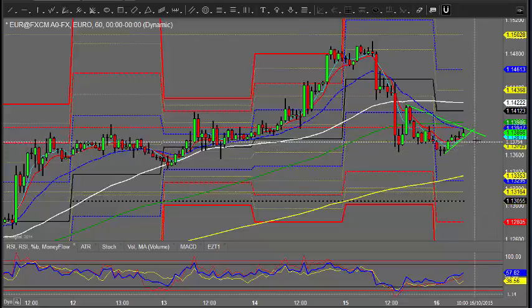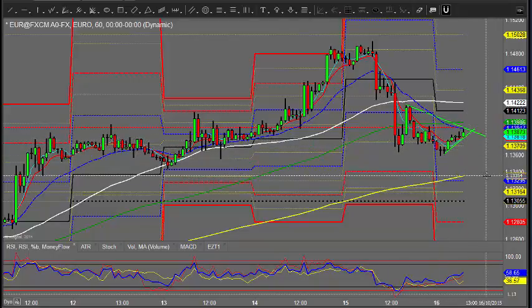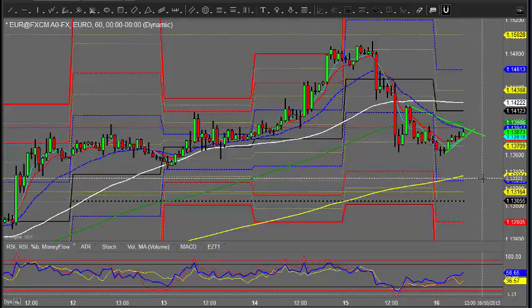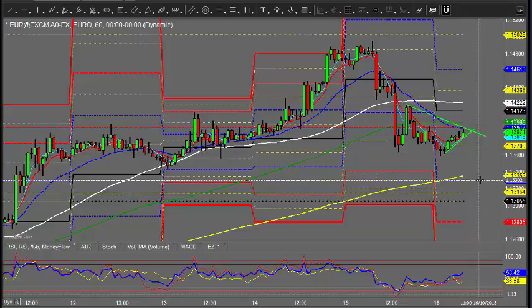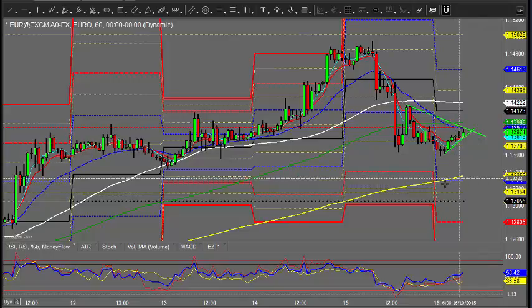So the downside, well, if we start breaking this trend line after 8 o'clock, I'd be looking for the potential for it to run back down and break the lows there, and maybe back down towards that S1 area. The 200 moving average is sitting quite close below. So really, see how it breaks.